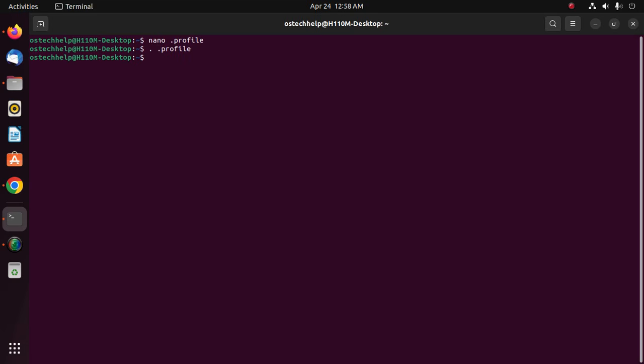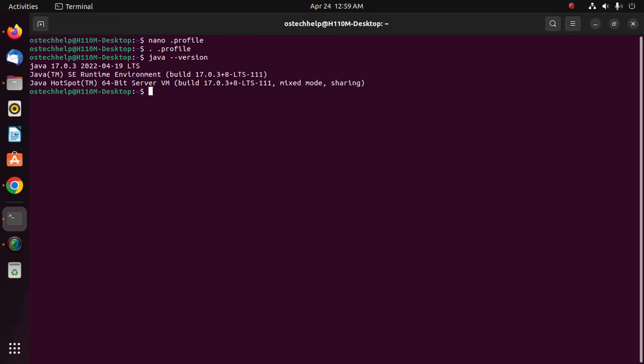Okay, now verify the installation. Type this command java --version. That's it. Java 17 installed successfully on Ubuntu